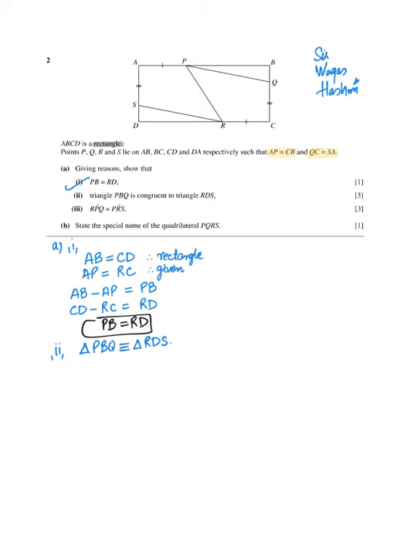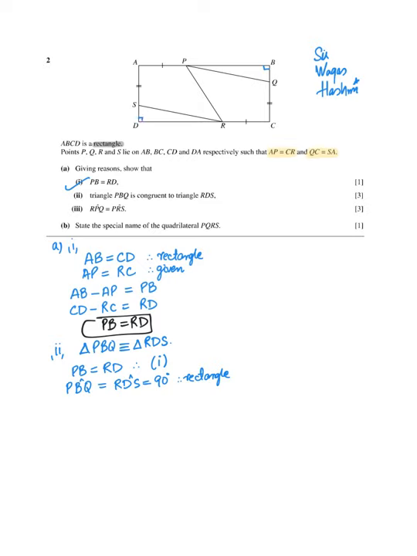So firstly, I can say that PB is equal to RD, and the reason is what we had shown in the first part, right? PB is equal to RD, we had shown it. Secondly, we can say that angle PBQ is equal to angle RDS, and this is equal to 90 degrees because all angles in a rectangle are 90 degrees. All right, so in your figure you can see that this angle B and this angle D